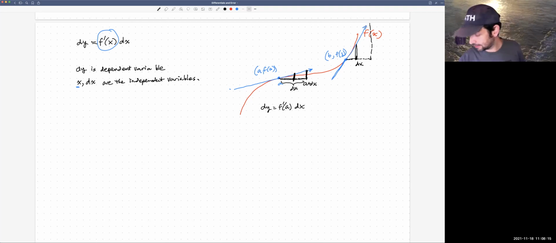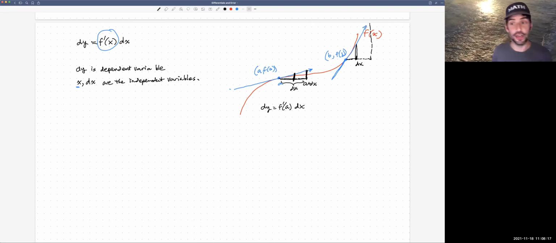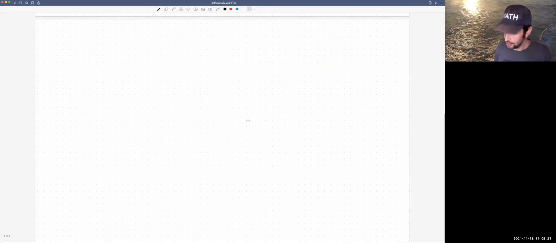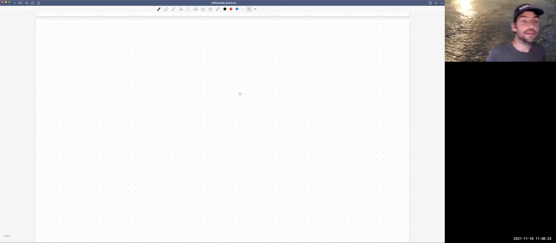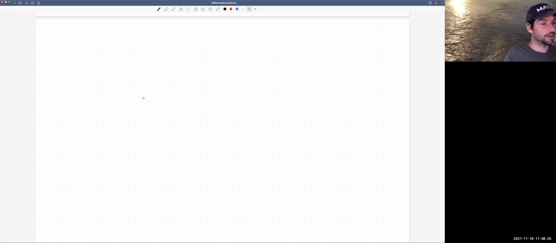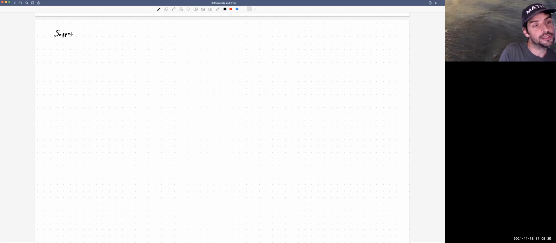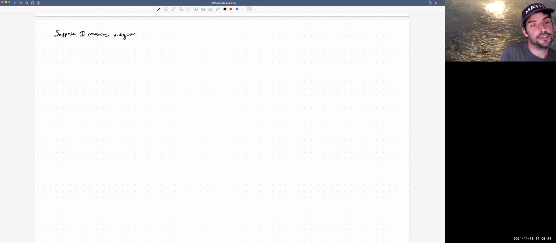Okay, let's move on and see how we can use these in measuring certain kinds of error or approximating certain kinds of error. So let's imagine this scenario that for some reason we need to measure a tiny little square of something. So suppose I measure some material, a square of some material